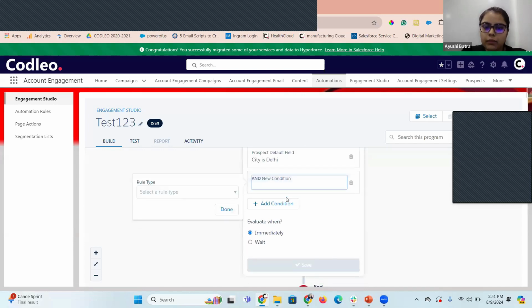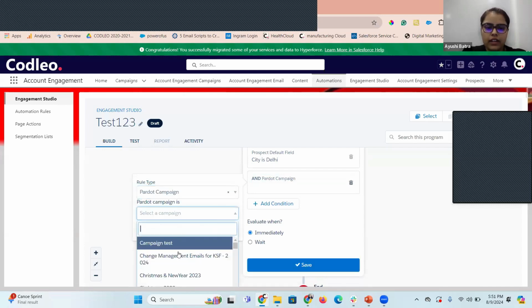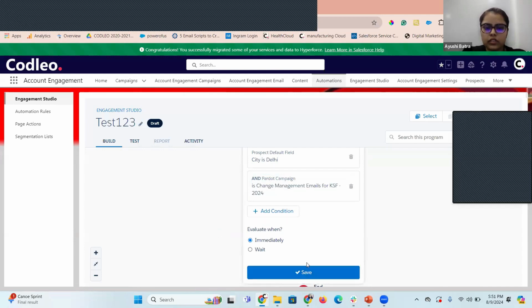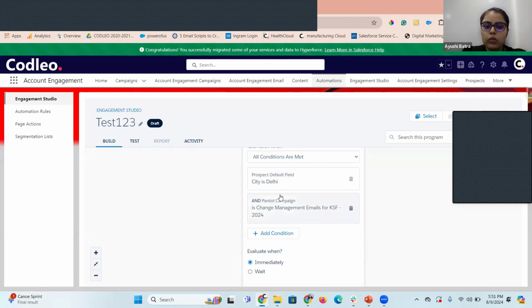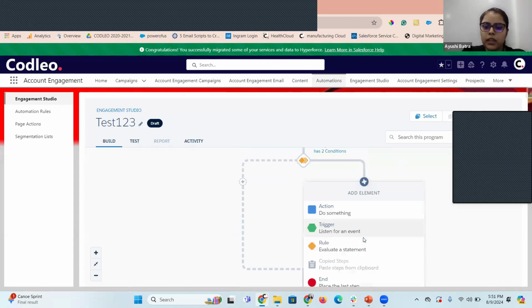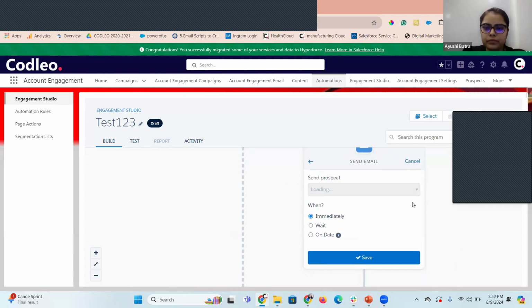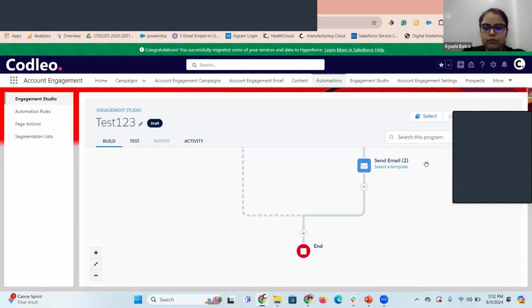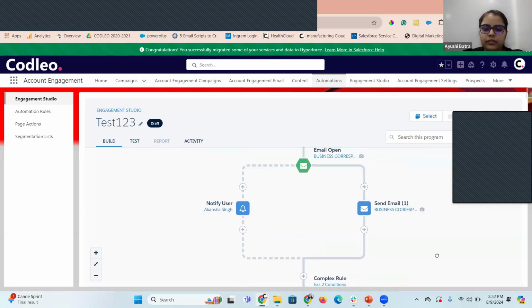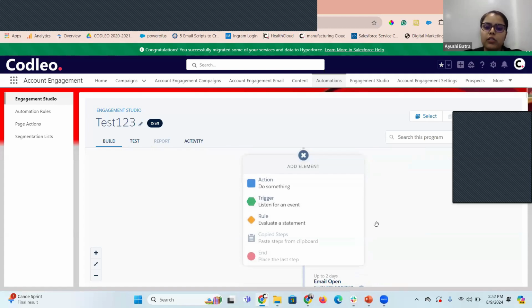If you want to add any more conditions to it, and or not, you can also do that. And the prospect campaign is this. So right now, both these conditions should be met. Then only the next email campaign should be sent to them. So that's how you can create flows based on the actions, triggers and rules that we have in Pardot.